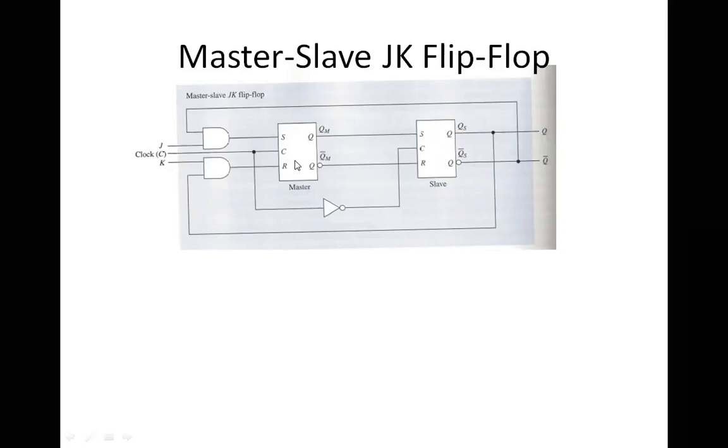By doing this, we are going to save the invalid state. How are we going to save it? Because if one of them is high, I will have a low value here. If this is high, I will have a low value here. And if one of the values is low, then what is going to happen? Since it's an AND gate, what is going to be my output? I'm going to get a 1 only if both are high. If one of the inputs is 0, then I'm going to get a 0. That's the property of an AND gate.